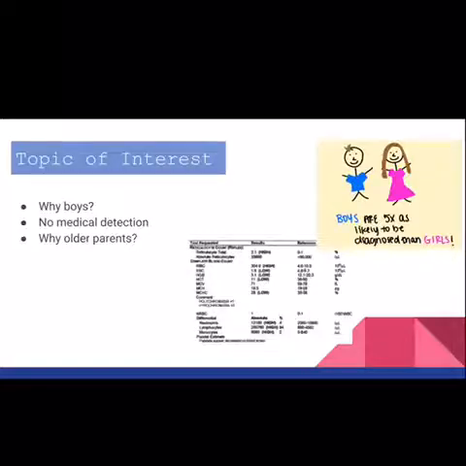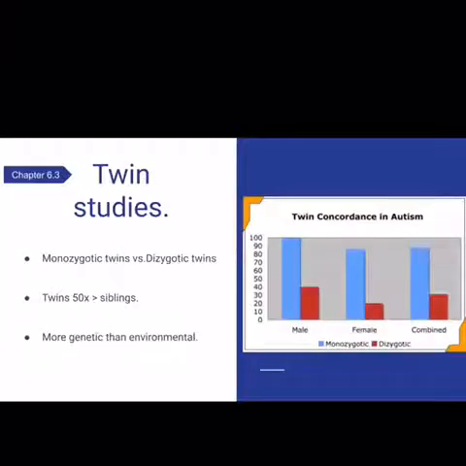And it also occurs in children that have older parents, and we thought that was interesting also, and we wanted to know why, and we thought genetics was the solution to our questions. For many years, researchers have been trying to find the true genetic reason of what causes ASD.